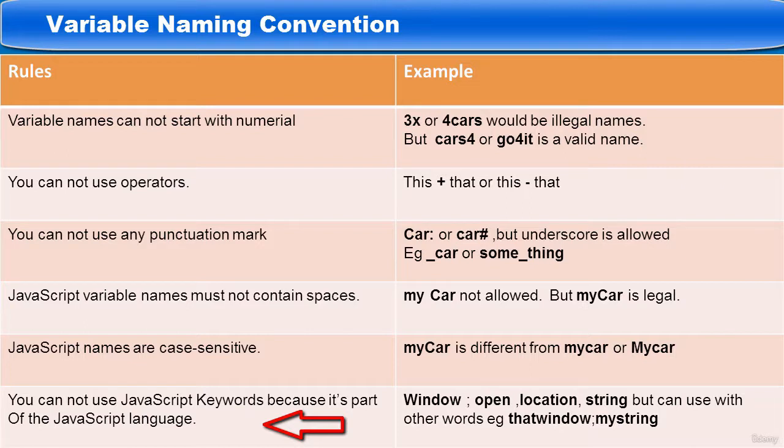For example, you can call a variable thatWindow, or maybe myString, or whatever. You can combine them with other text. That is acceptable. So these are just some key basic rules you need to take into consideration when you are